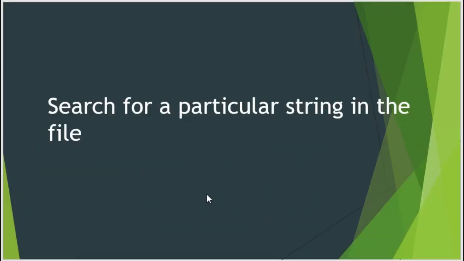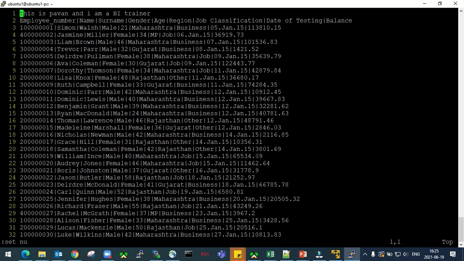Now let's suppose I want to search for a particular string in my file. Now how do I search for a particular string inside the file itself within VI Editor? So let's suppose I am in my file itself and I want to search for a particular string, or I want to search for a name which is Pawan. So what I can do is press an escape key to come into the command mode. Just type slash, the forward slash, and give that name itself, Pawan. Now just press an enter key. Now it is pointing the cursor to the string Pawan itself.